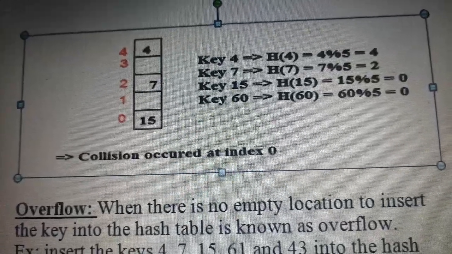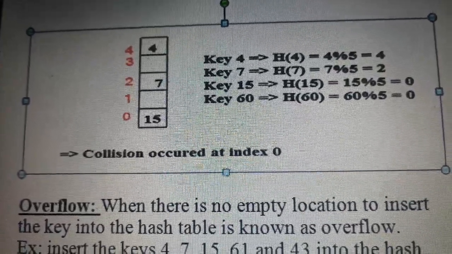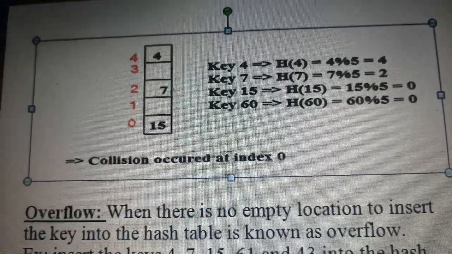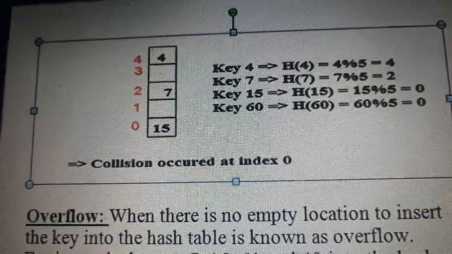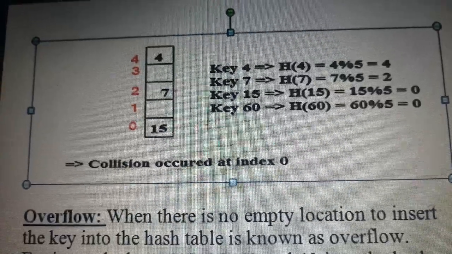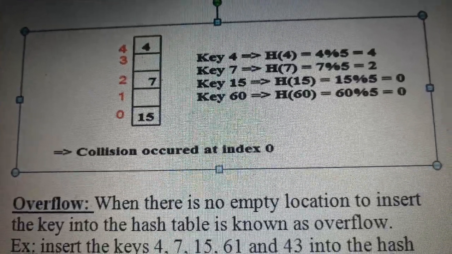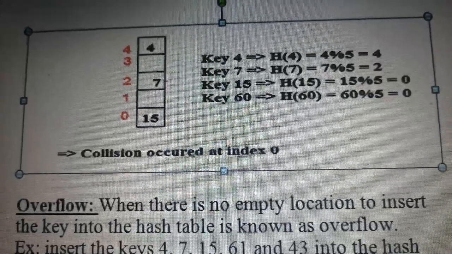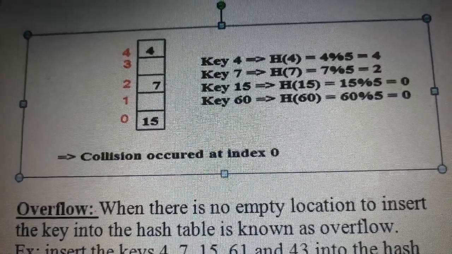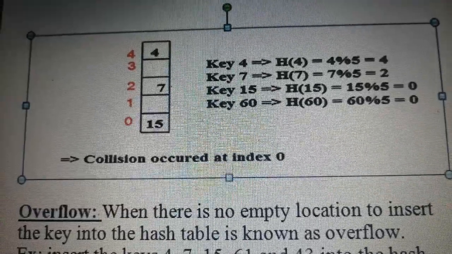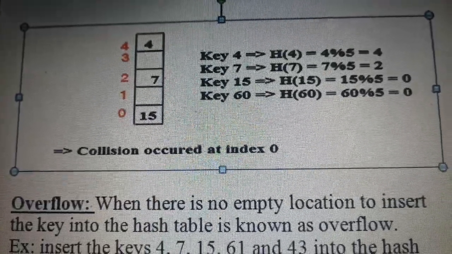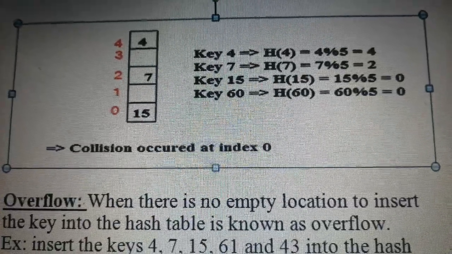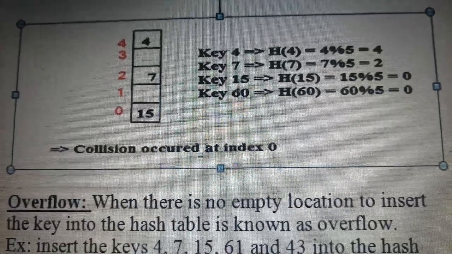But when the hash table is represented in array notation, it is not a sequential representation, because the index is generated by the hash functions. So there is a chance of collision to the same index for more than one value.